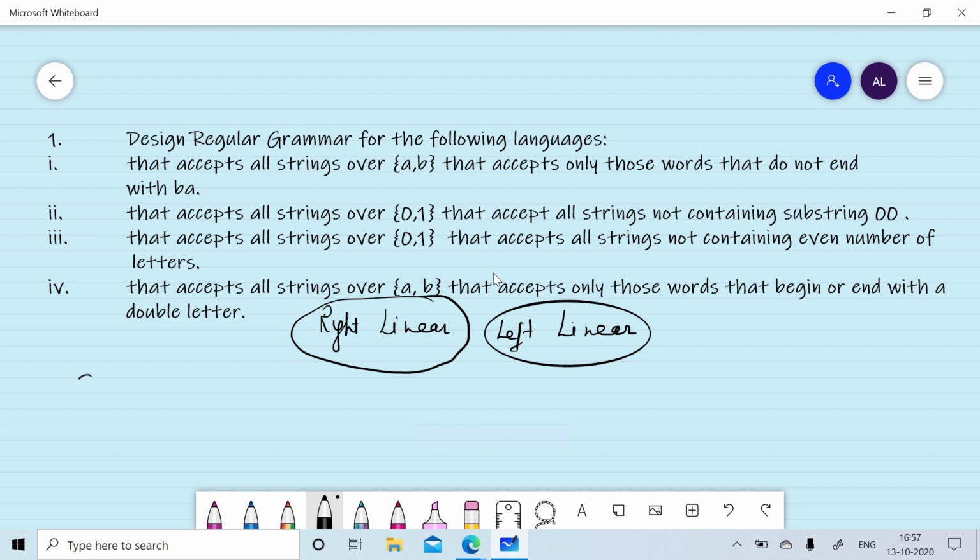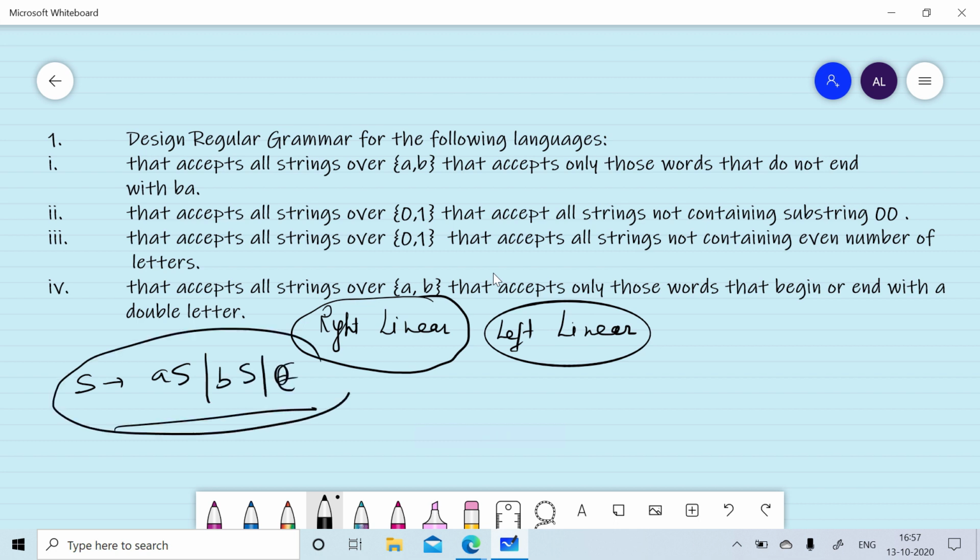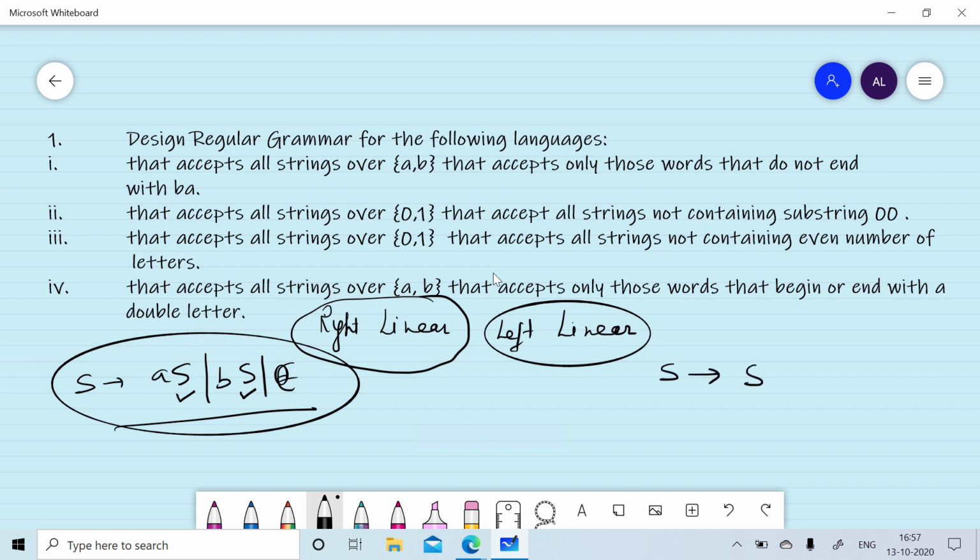For example, S will give you AS, BS or null. It is a right linear grammar because the non-terminal on the right hand side is at the extreme right position, whereas in the production rule S will give you SA, SB or null, the non-terminal appearing on the right hand side is at the extreme left position.